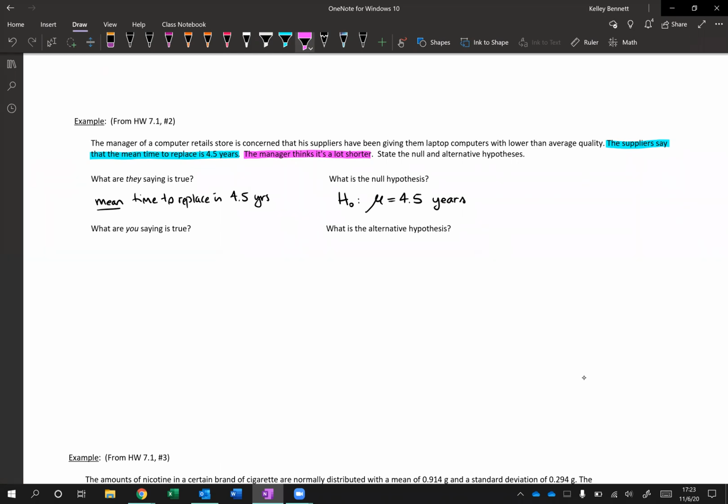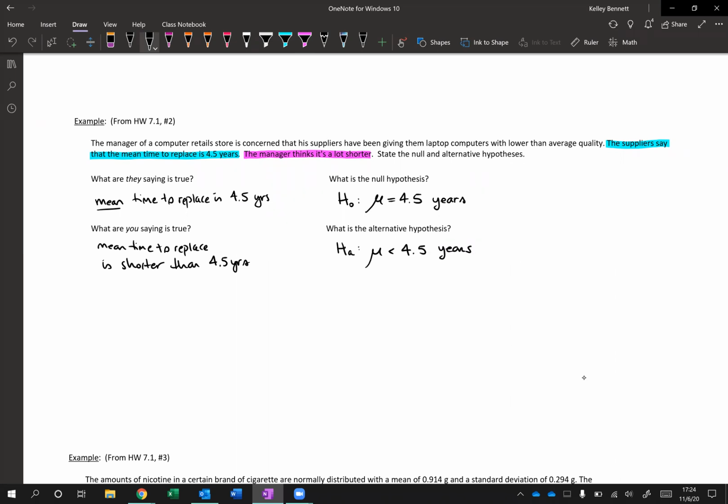Quality is an ambiguous term. Really what we're saying here is the manager thinks that the mean time to replace is shorter. So as an alternative hypothesis, what we're saying is mu is less than 4.5